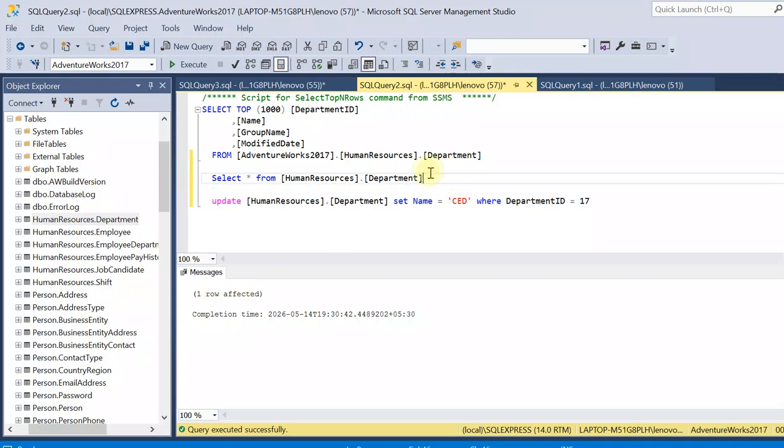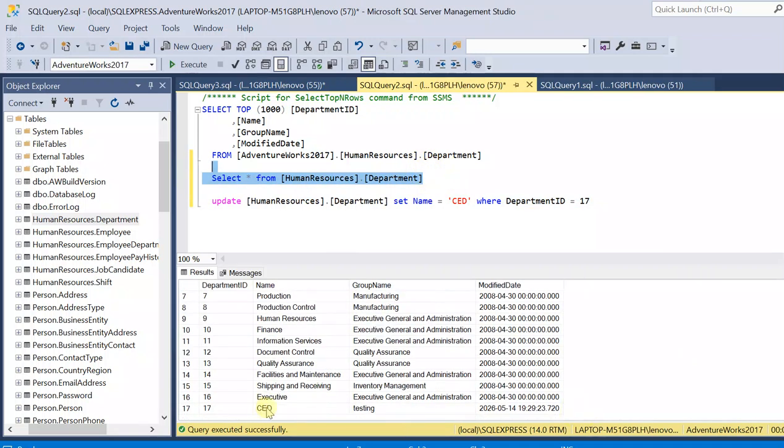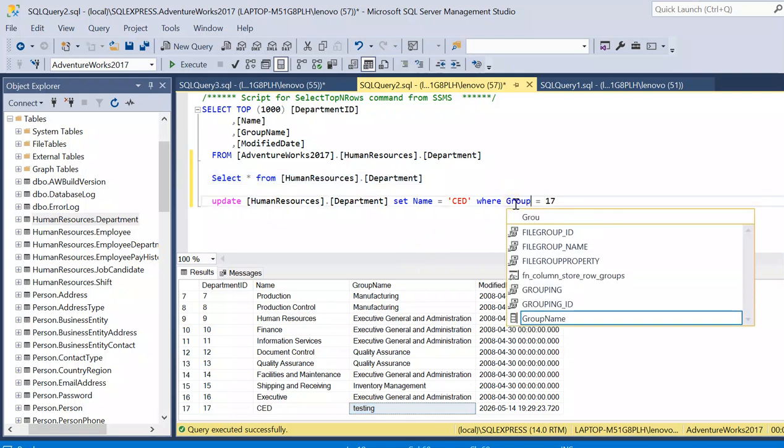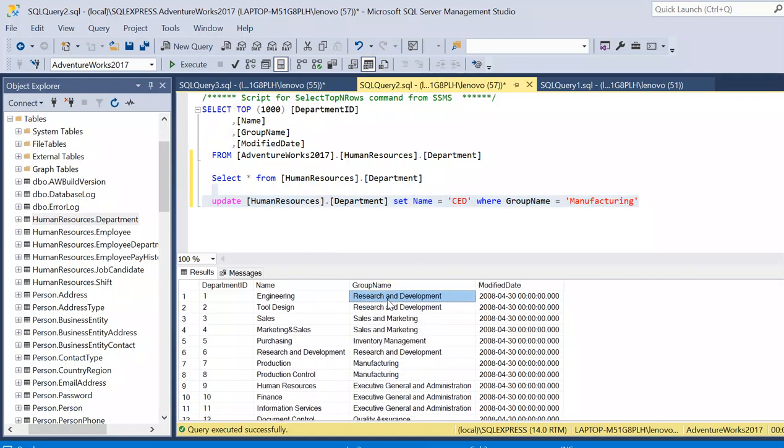So it will only affect one row. If you see select star, instead of ABC the new value CEB is there. Okay, so if you update where GroupName equals, for example, Manufacturing, it will affect whatever number of rows are under Manufacturing. There are two rows for Manufacturing, so it will affect both of these rows and the value will be